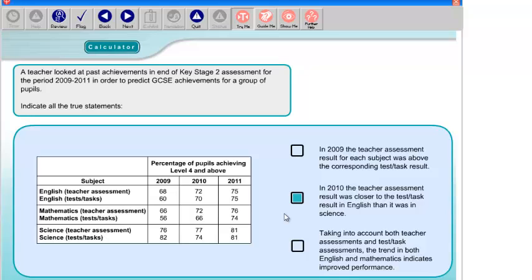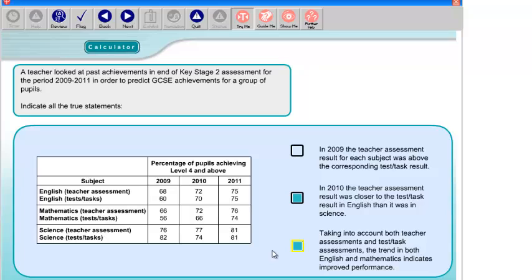Finally, taking account both teacher assessments and the test assessments, the trend in both English and maths indicates improved performance. Okay, so English and maths only. So we're looking at a trend. So that's a trend over the whole time period. So let's have a look. So 68, it goes up to 72, it goes up again, so that one's fine. 60 up to 70, up to 75, so English is fine. Let's try maths. 66 goes up to 72, up to 76, that one works as well. 56 to 66 to 74, so that's continuously increasing in all of the different categories that the question talked about,